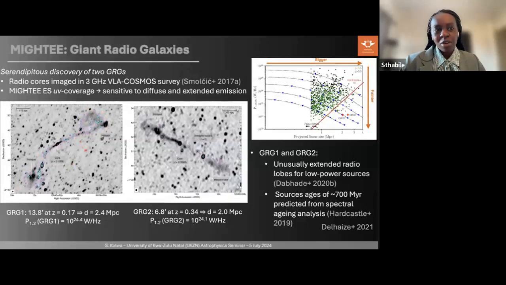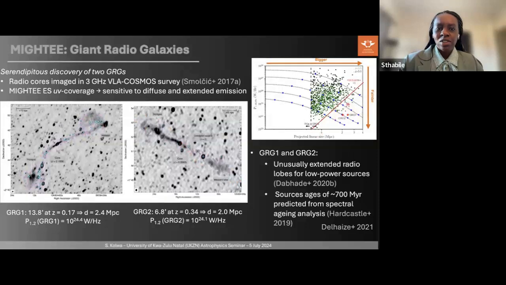And that is because the UV coverage of the VLA configuration for that survey was not sufficient for one to be able to resolve this low surface brightness radio emission. So in essence, MIGHTEE, in early science data, MeerKAT itself as an instrument, being sensitive to diffuse and extended emission because of its configuration of antenna, allowed the team to see these very interesting objects,